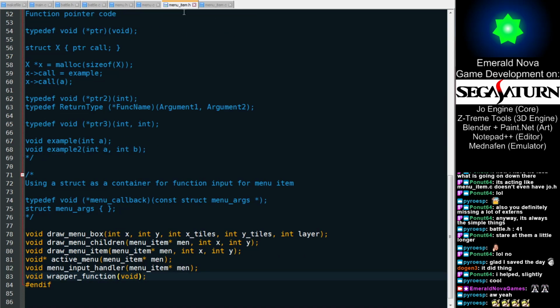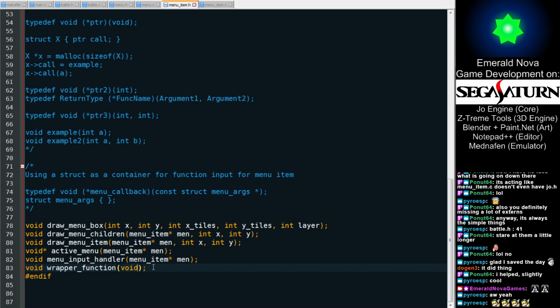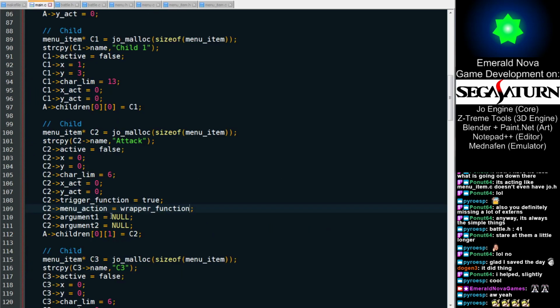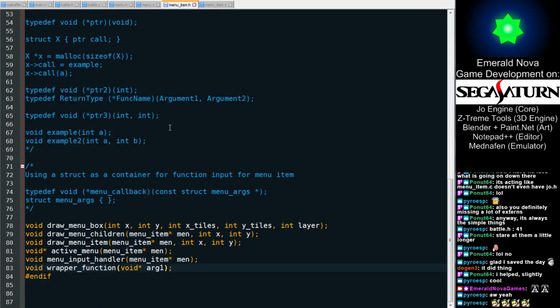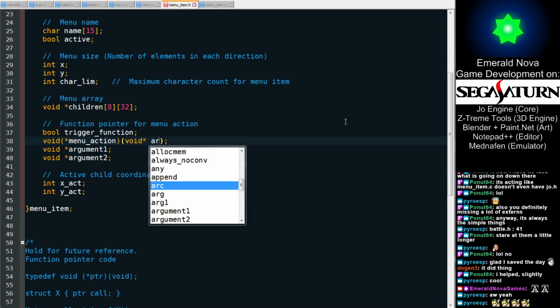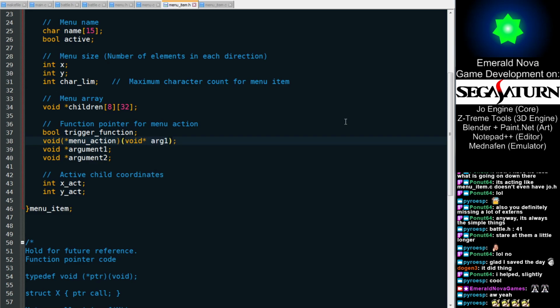The wrapper function currently is void. I want to give it a generic pointer, arg1. And arg1 will be the enemy that I am attacking. Okay, how are we going to handle this? So let's go to main.c, make argument 1 a pointer to enemy 0. The menu item for this should now be void pointer arg1. I think